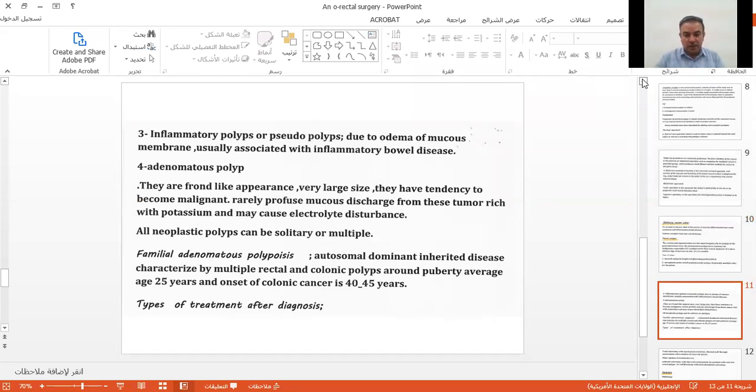Rarely, profuse mucus discharge from the tumor, rich with potassium, may cause electrolyte disturbances. All neoplastic polyps can be solitary or multiple. Familial adenomatous polyposis, FAP, is an autosomal dominant inherited disease characterized by multiple rectal and colon polyps around puberty, at an average age of 25 years, and onset of colon cancer is 40 to 45 years. And the types of treatment after diagnosis: